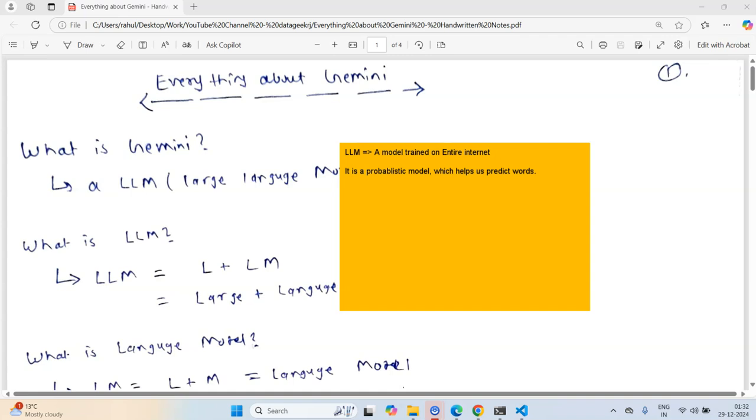But the base of all those chatbots is this LLM, this simple concept of a probabilistic model. So the LLM is a model trained on the entire internet, and Gemini in itself is an LLM, a kind of LLM. Basically, what do I mean by a kind of LLM?